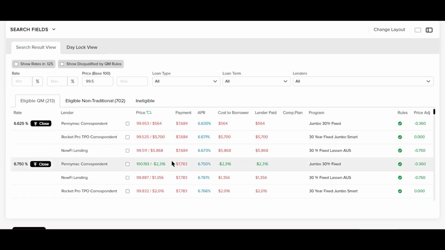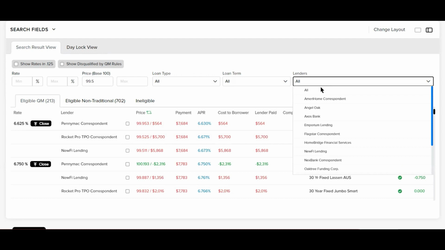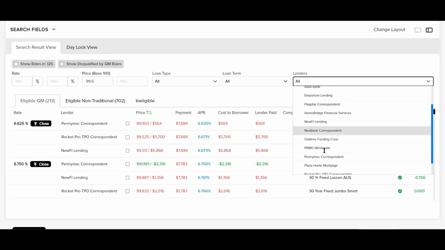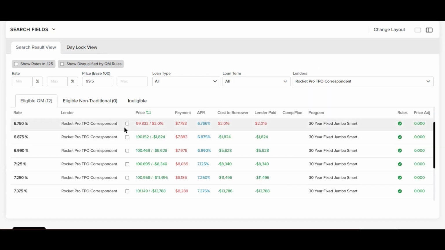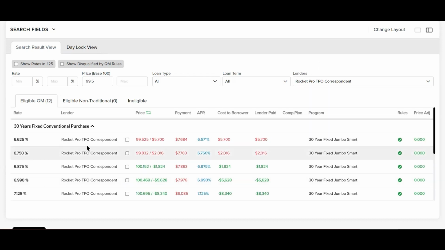availability of different lenders. And again, if you said, hey, I don't really want to work with PennyMac, I really only want to see, again, Rocket's pricing. Well, I can click on that and it's going to only bring up Rocket's pricing. So I can say at that 6.625, it's 99.5. Maybe I go, this makes a lot more sense to go to Rocket. I'm trying to get a quick close, less conditions, that type of thing. Or you give them a little higher rate and then you charge them, right? Your compensation level. So you could get a 6.750 jumbo loan at